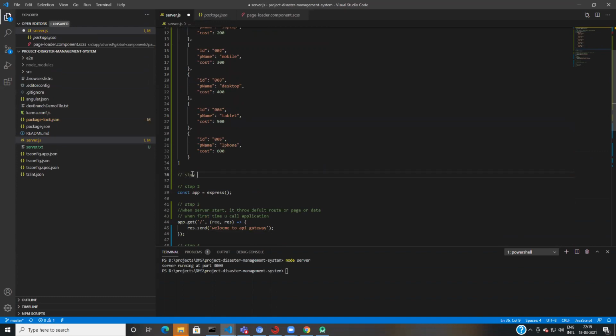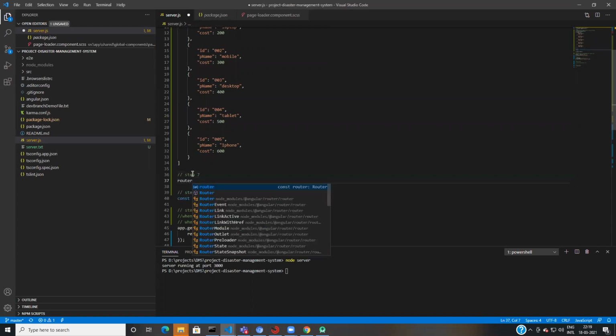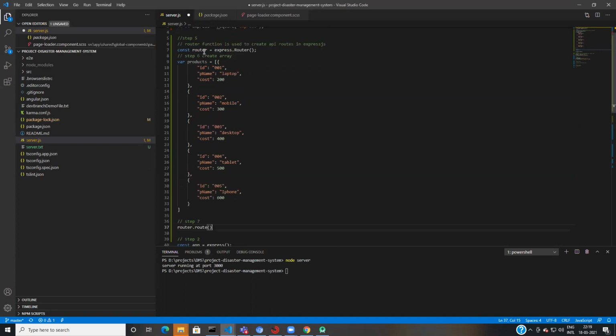Step 7, my first API. I'm saying router because I'm creating an API now. The router function is to create API routes in Express.js. I say router dot route. If this name is getting confusing, you can change the name from router to something else.